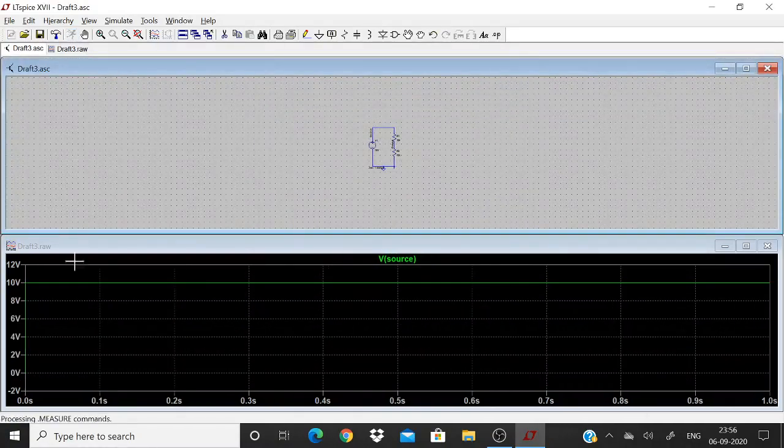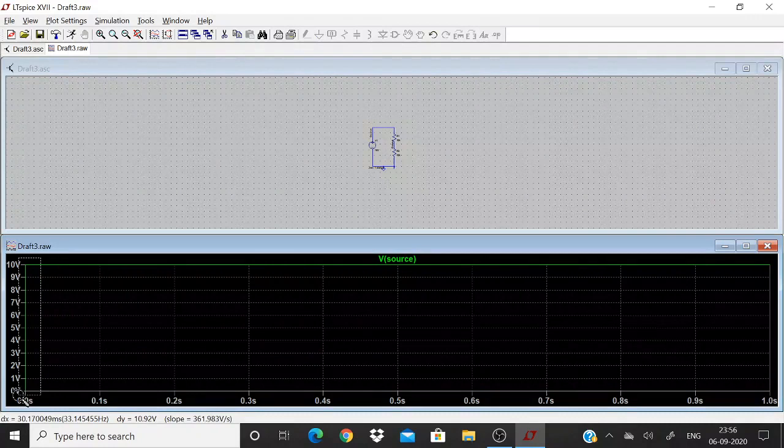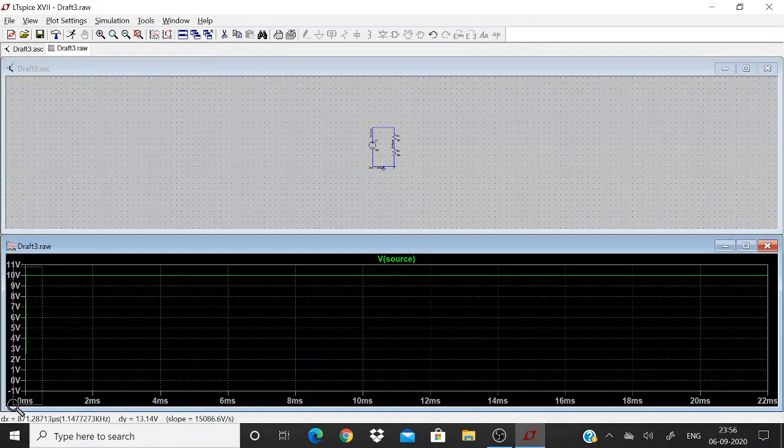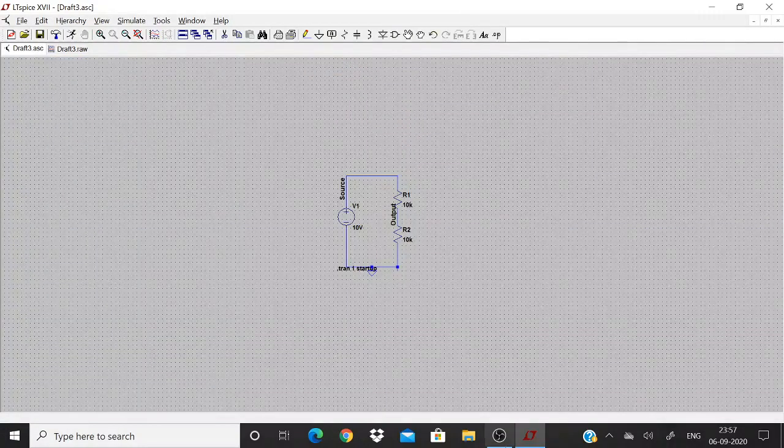Now if I simulate, I can see the voltage building from 0 to 10, and if I zoom this, by doing like this, the small rectangles, from 0 to 10 volt happens in 20 microseconds. This feature can be helpful while simulating circuits with oscillators and all. The voltage starts from 0 volt.